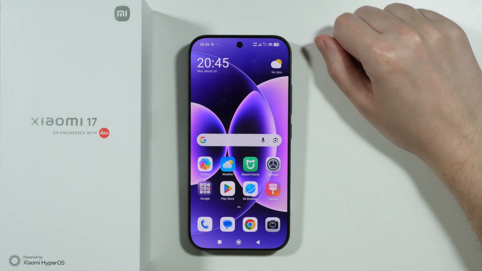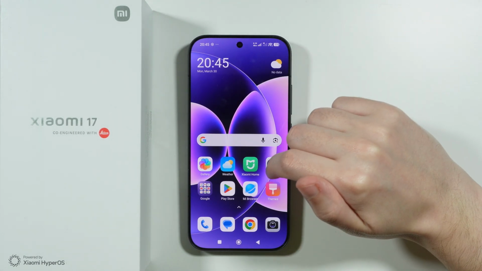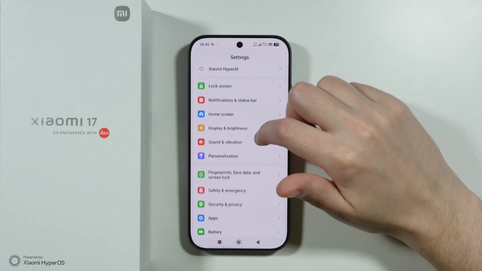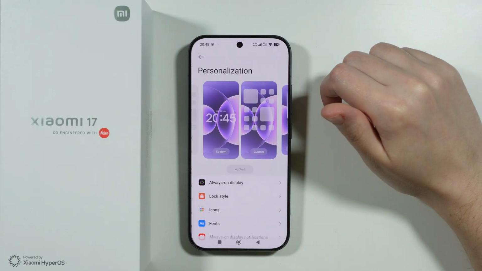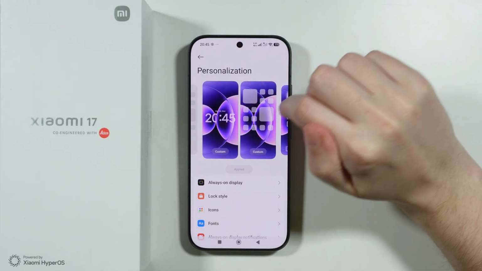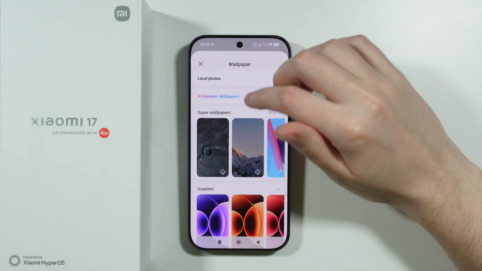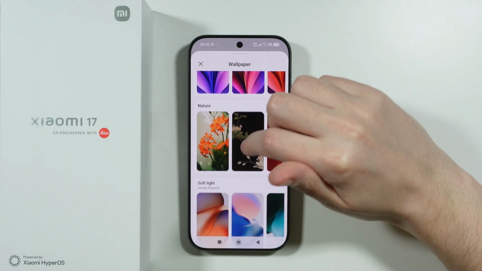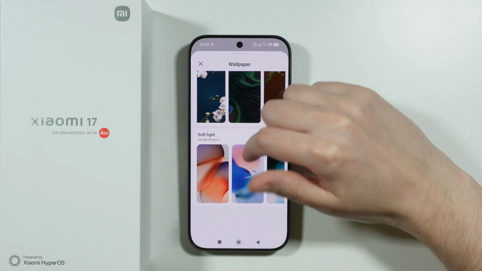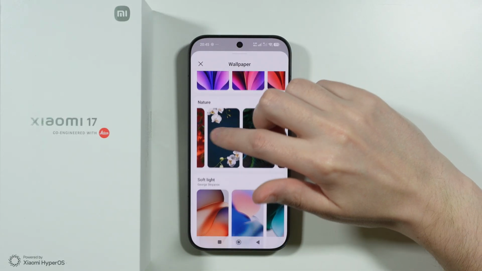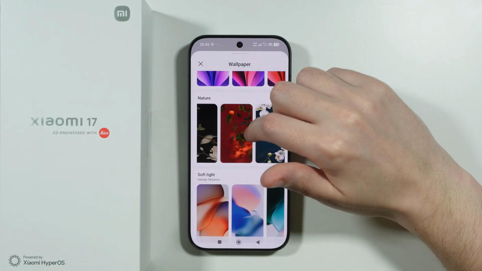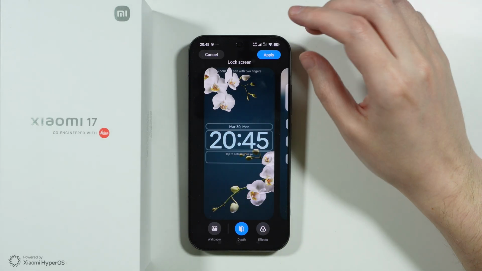If you want to change your wallpaper on Xiaomi 17, you can simply open the settings and then proceed to personalization over here. Once you open personalization settings, you can, for example, create a new set here on the left side, and you have a couple of options, some of the pre-installed wallpapers that you can choose from if you like one of these. So let's say if I'm gonna choose this one, I should be able to use it